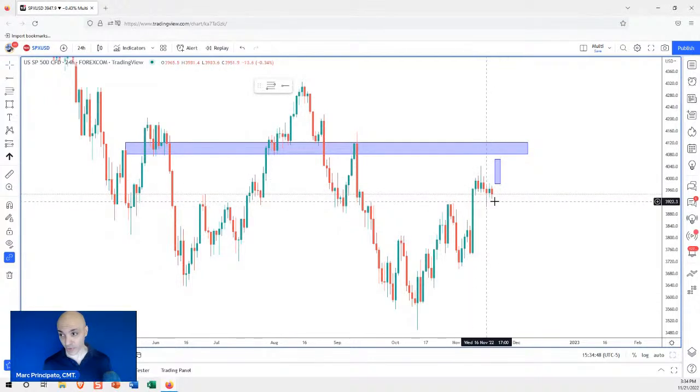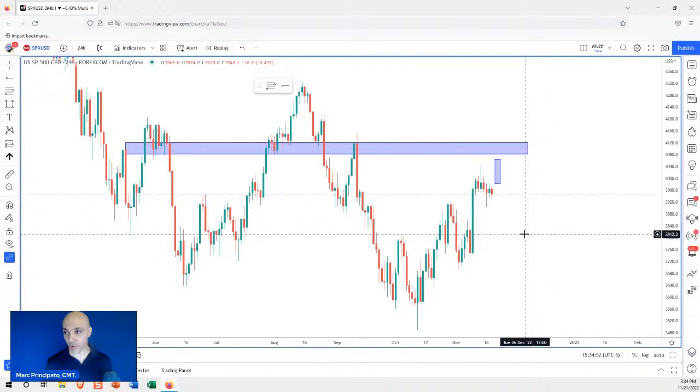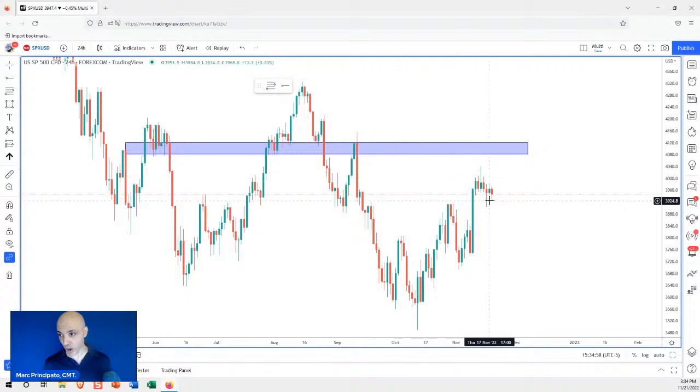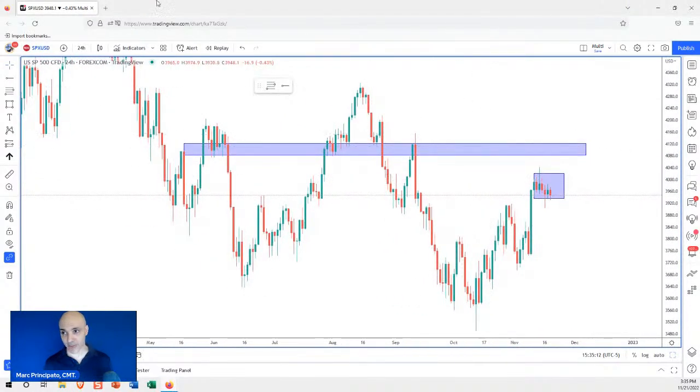This is too early for a short, in my opinion, because this can turn into a higher low. So that's why, yes, we can count 5 waves, but that wave can extend. Look at the level. Yes, we're at a resistance, but this is not how a price should behave at a resistance. It should behave more like this, a rejection. That's a swift rejection. This is not a swift rejection. That's a lot of overlap. So you have to be careful with that. There may be one more leg higher before you get the swift rejection. Just keep that in mind.